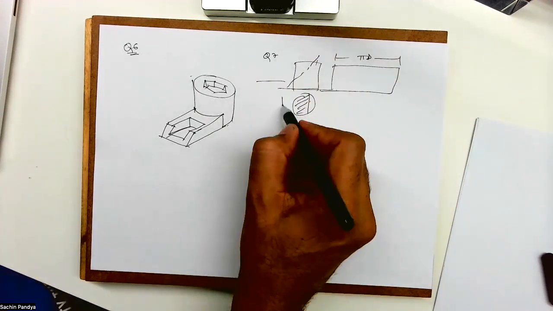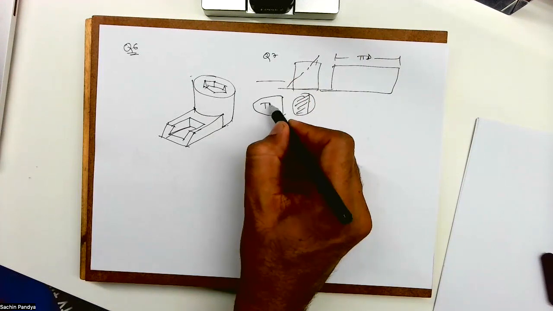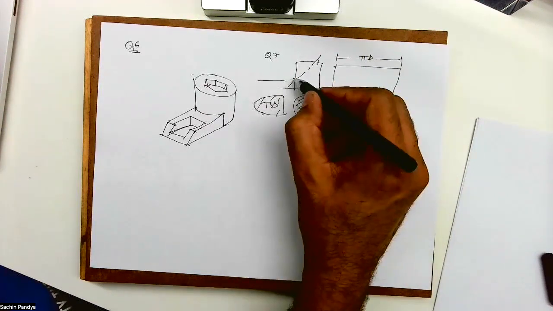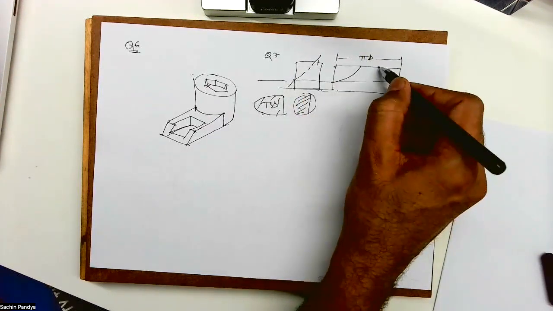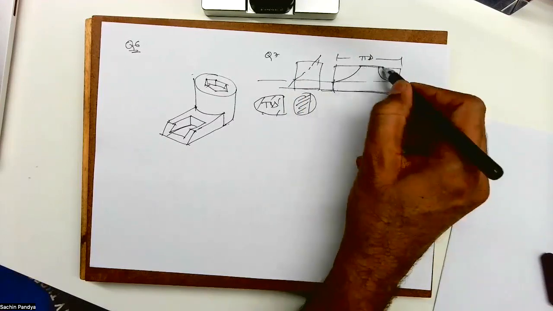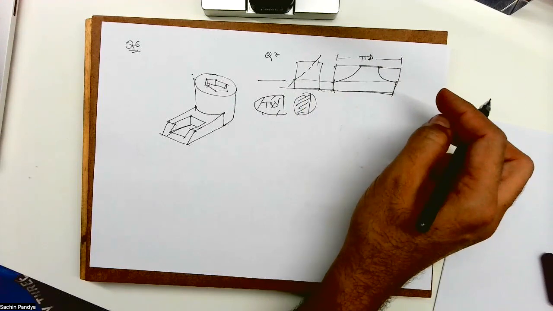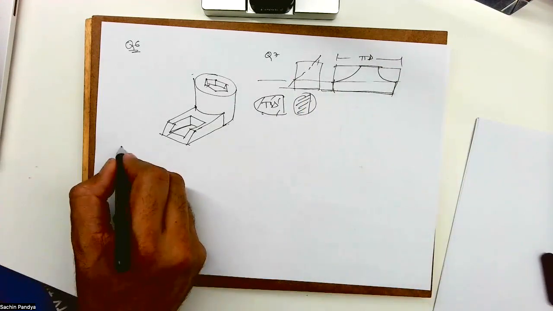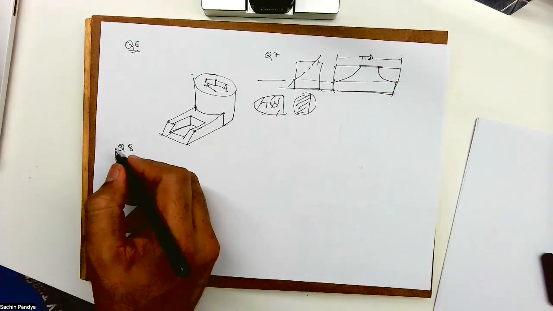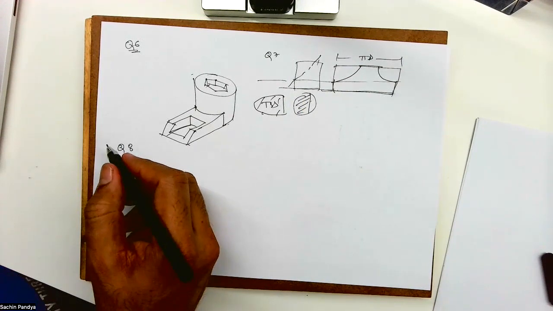TSS, you can draw it here. It will come like this. And when you draw development, it will come like this. Something like this. Got it? And now the 8th sum was very surprisingly interesting because in this,